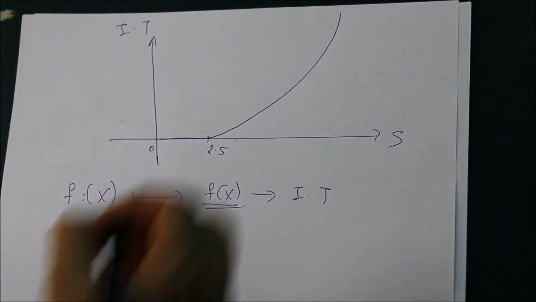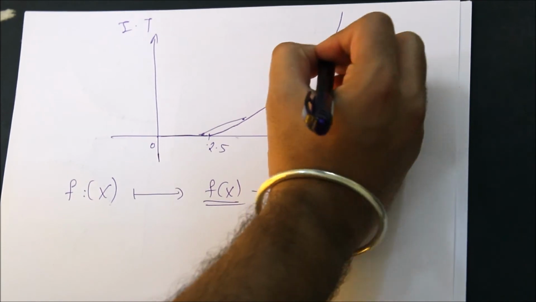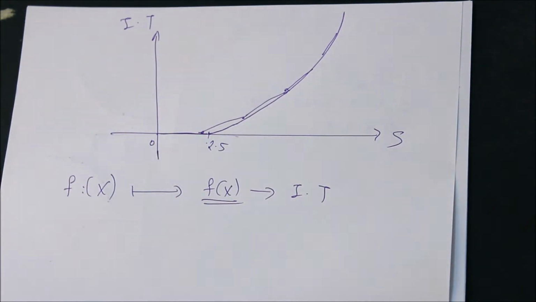Why so? Because if I take any 2 points on the graph, the segment is what? It's always above the graph. So since the segment is always above the graph, income tax function is an example of a convex function. Okay, now let's see how you should pay the income tax.